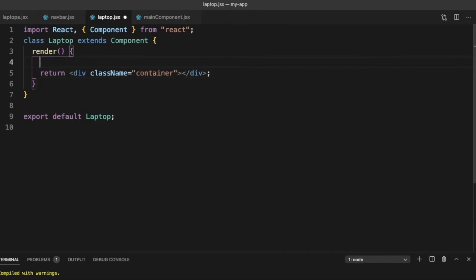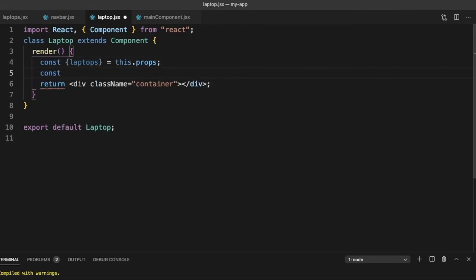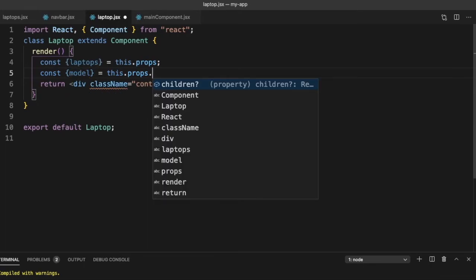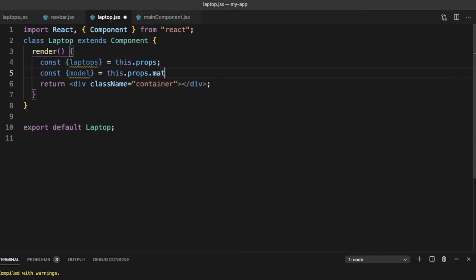Let's get the props. So const lap, this dot props, and const model, this dot props dot match dot params.